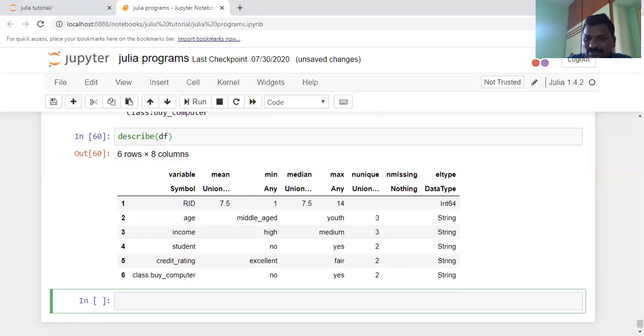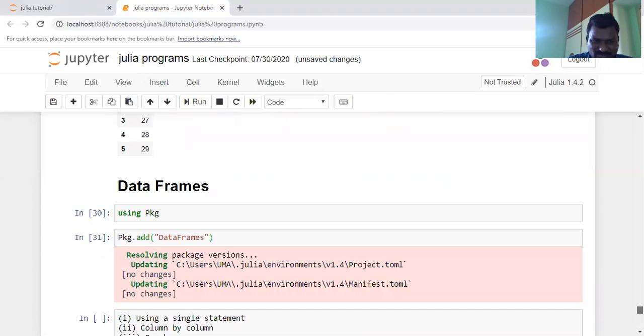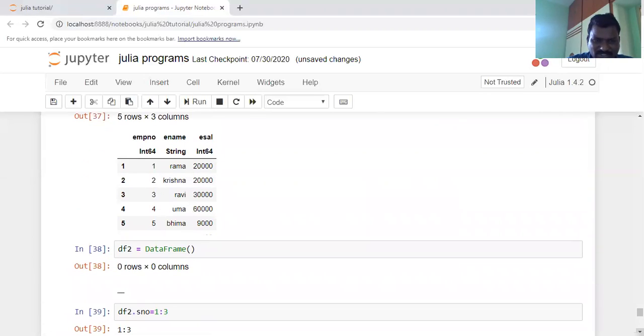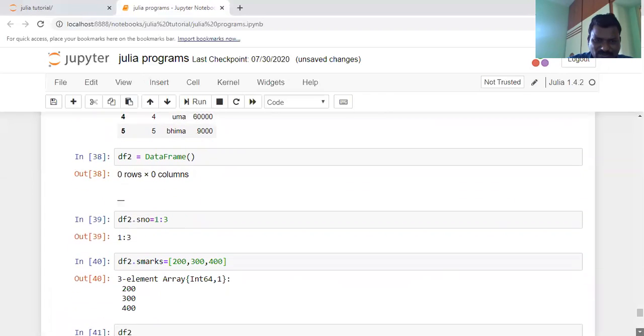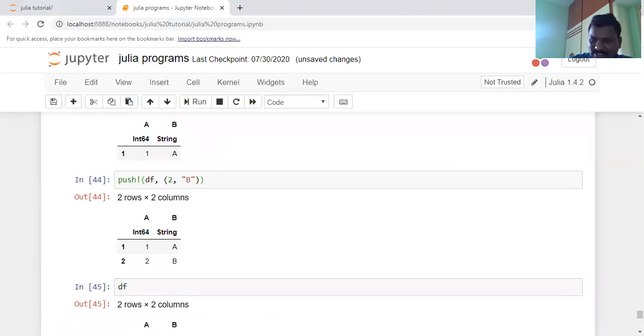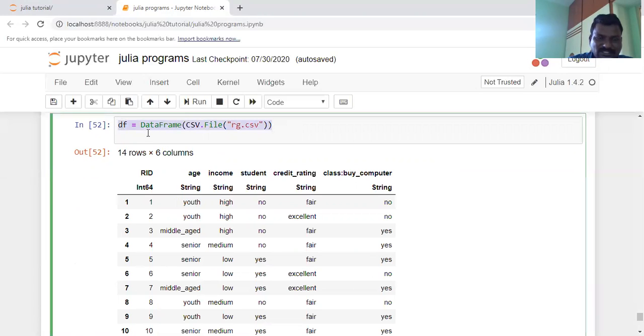For example, in the LRG file, the LRG data having missing values, if you want that information I can explain. Some missing data is there. Previously I worked with the missing data in LRG. Let us take a simple data frame.